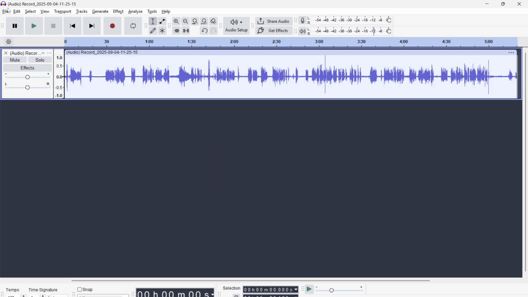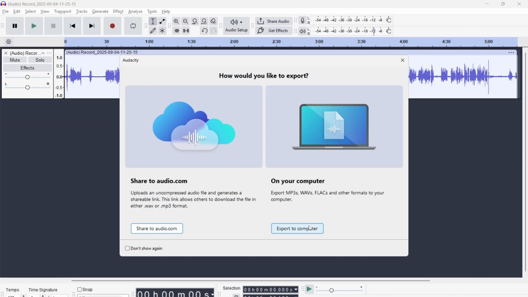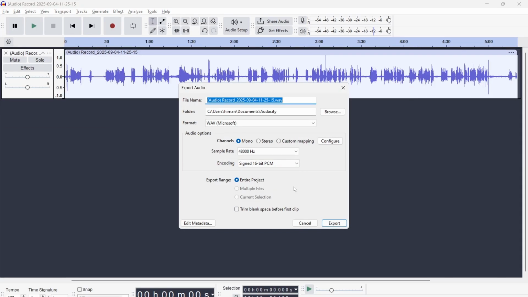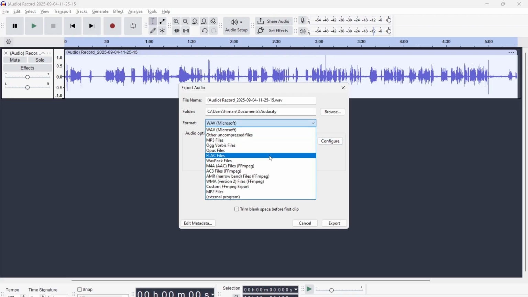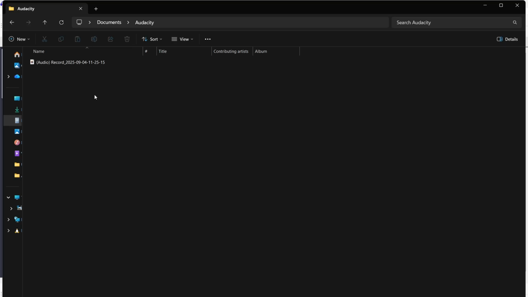So now you are good to go, and you can go to files and export your audio and click on export to computer. From here you can select what file format you want and other settings. I will leave it to the default WAV format and click on export. So here I have the recorded audio, and you can just play a raw file and the edited file and